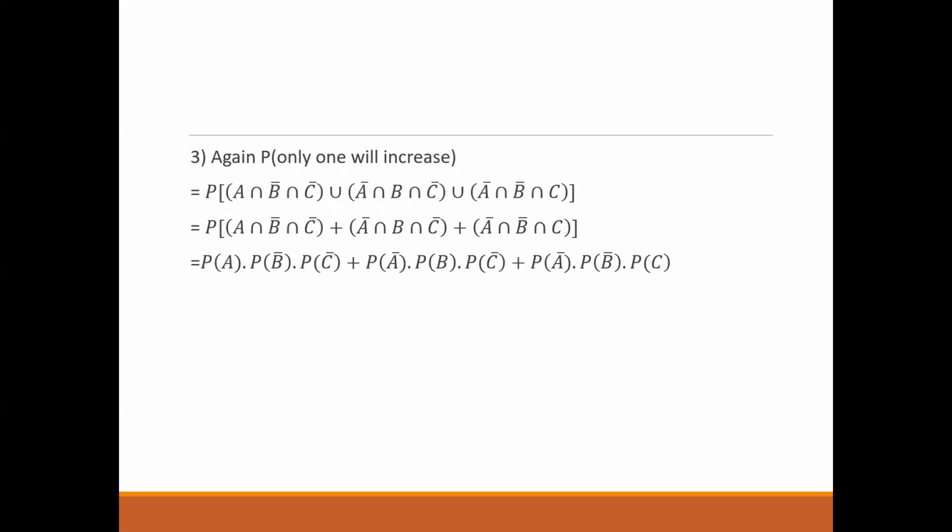Okay. And the final answer will be this. So 0.188 is your final answer, where the probability is that only one of the stocks is going to increase. Okay. I hope you have understood this problem which we have solved here, and how to make use of the formulas based on the words like only, at least, at most. You know, these are some words which make a huge difference while solving the problem.